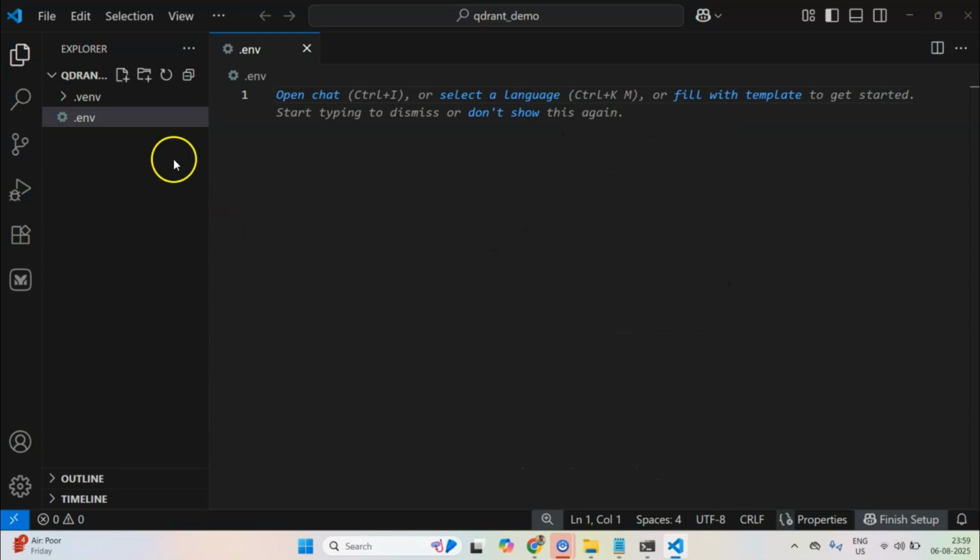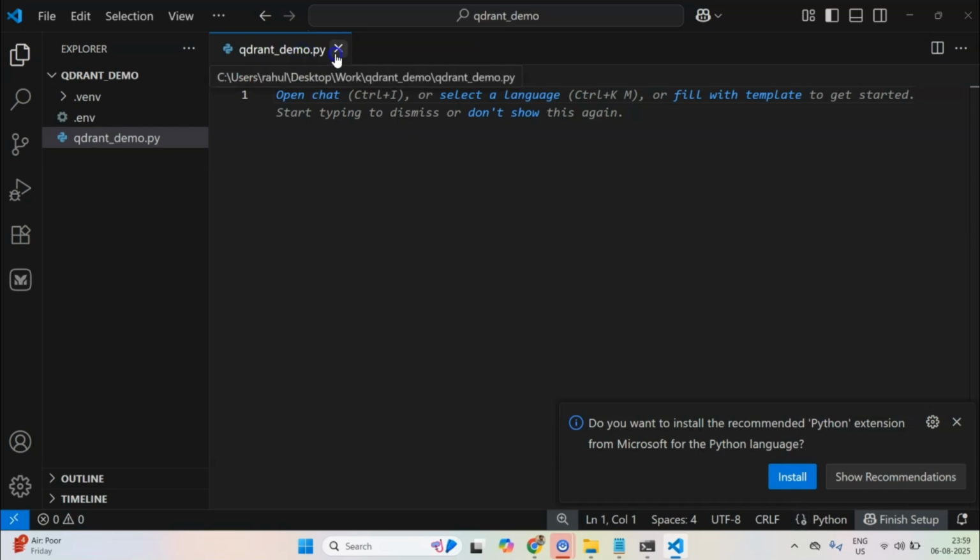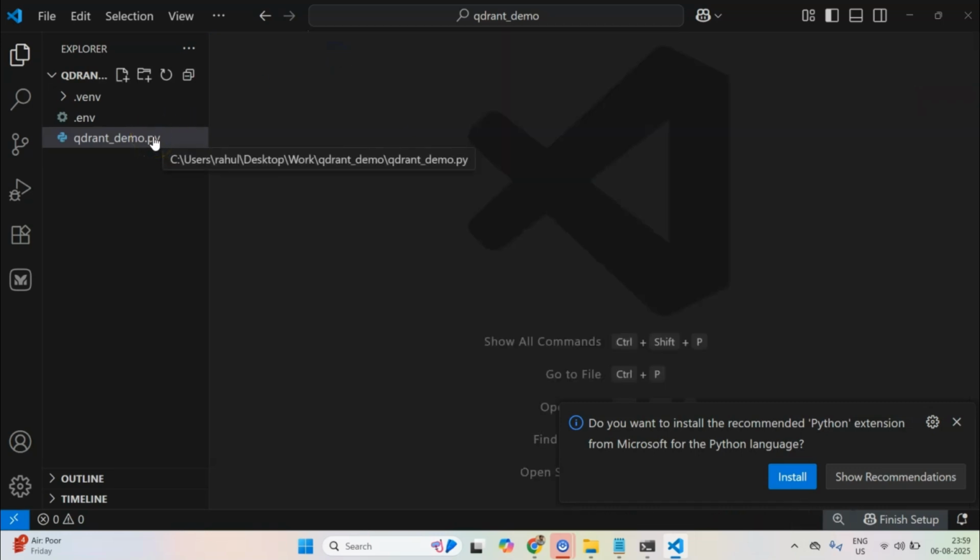First one is .env and another one maybe qdrant_demo.py. Currently I'm only creating this qdrant_demo.py, but at later stages there will be some more files which will be created to separate out creation of index and querying, and you will know what all these terms mean in a moment.